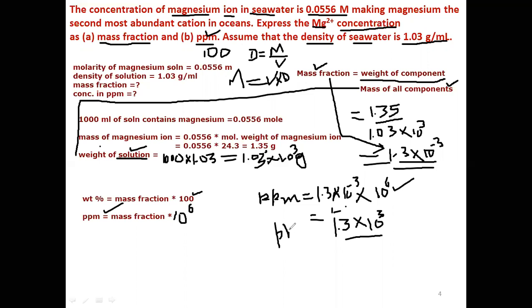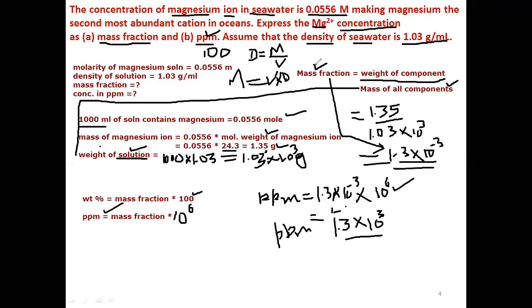So it was quite an easy numerical. Again, I will emphasize that please try to remember the definition. By simply applying the definition, we calculated what we want. We applied that molarity means the number of moles per liter or per 1000 ml of solution. From this we calculate mass. Mass is equal to number of moles multiplied by molecular weight. Now the molecular weight of magnesium is 24.3, so it comes out to be 1.35 gram. It is the mass of magnesium.